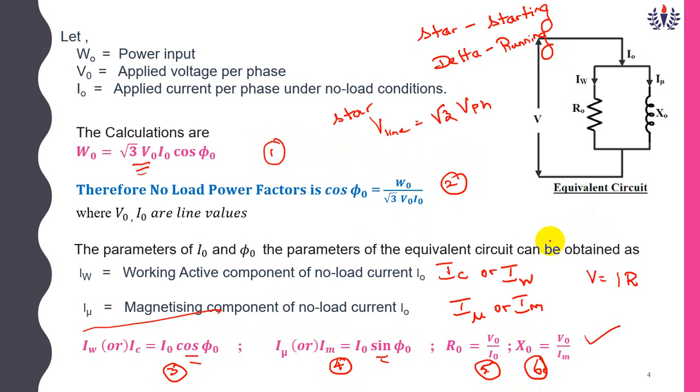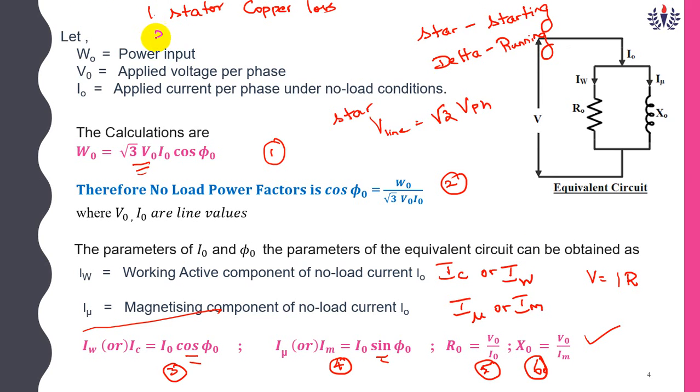Now while performing the no load test, two losses are produced. One is stator copper loss. The first loss will be stator copper loss. Another one is